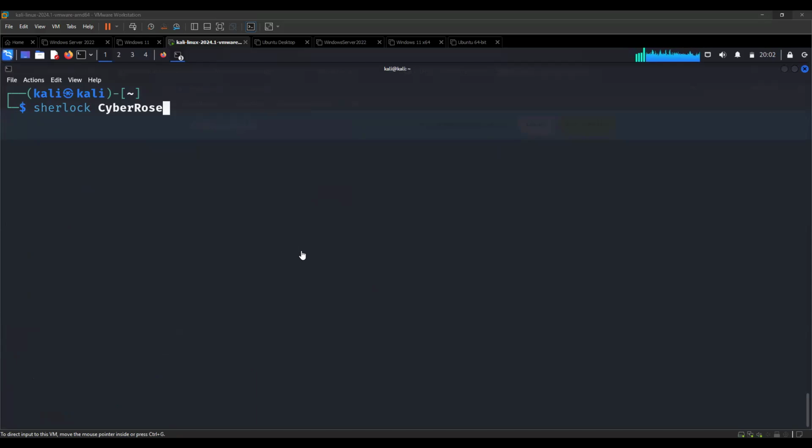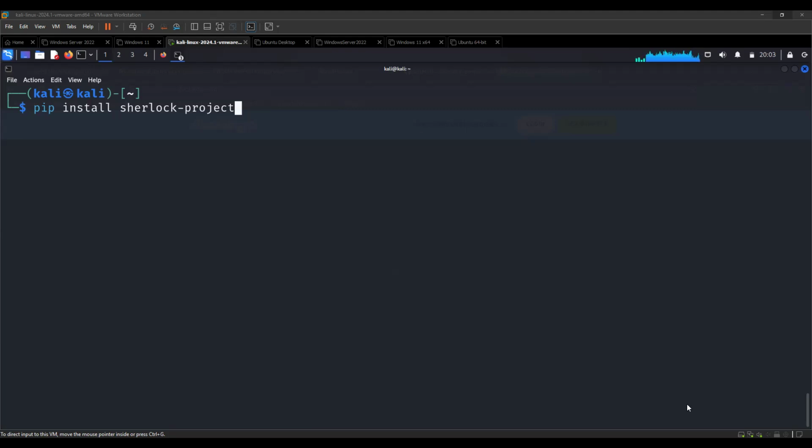The command to install Sherlock. This is the command. Let me just copy that. The command to install Sherlock is pip install sherlock-project. It's also on my screen currently.